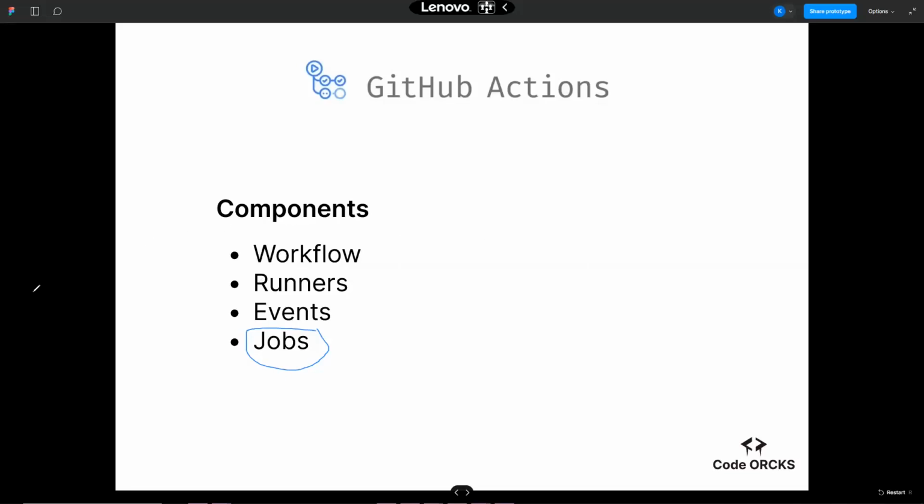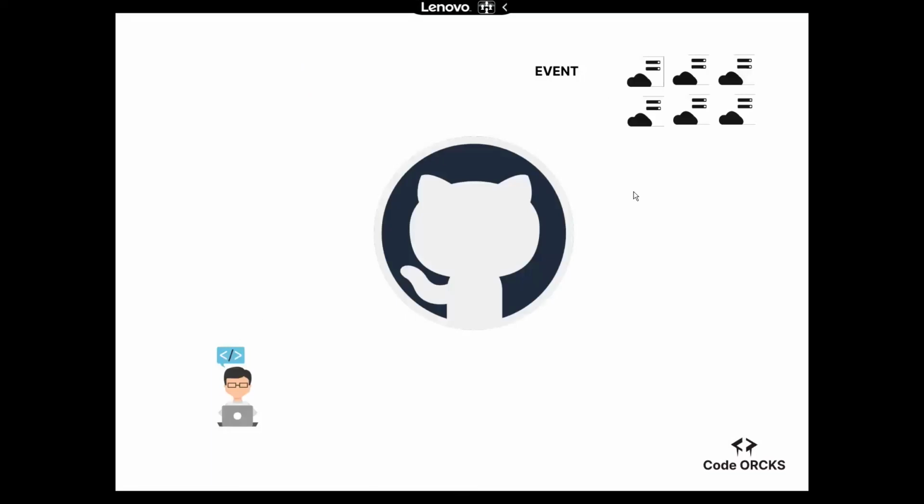Let's see a visual representation of how all this fits into play. We have, let's say, this is you here. You've written a wonderful code. So what you have to do here is to also add your instruction, which is actually called your workflow, which contains all the instructions which you want GitHub Actions to run in order to complete your pipeline or help you automate your pipeline. So once you've completed your code and added your workflow, you can then push